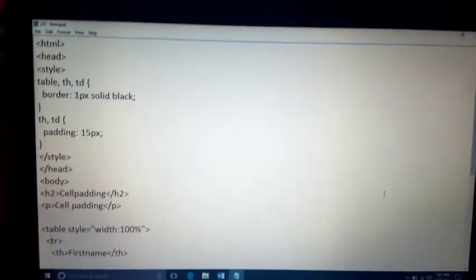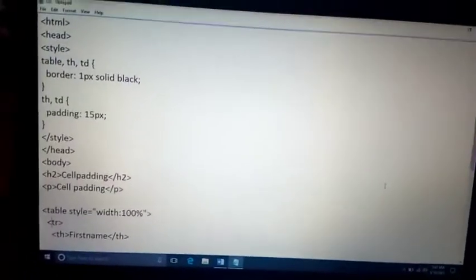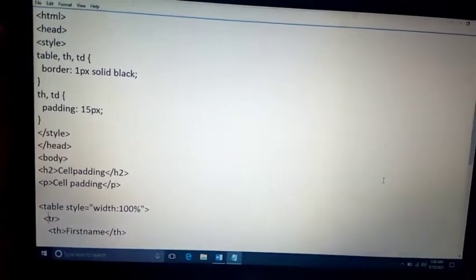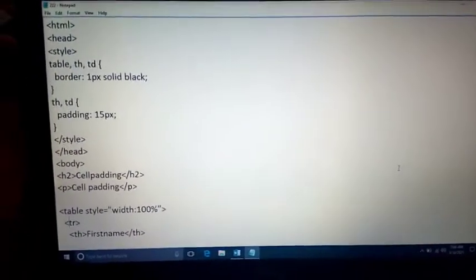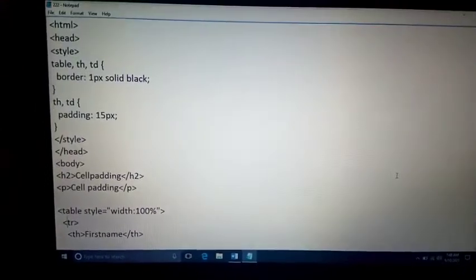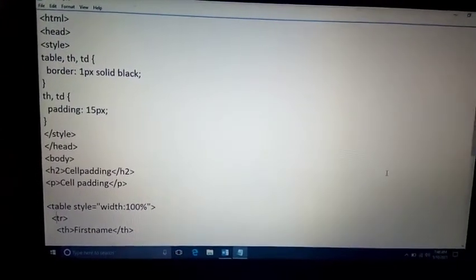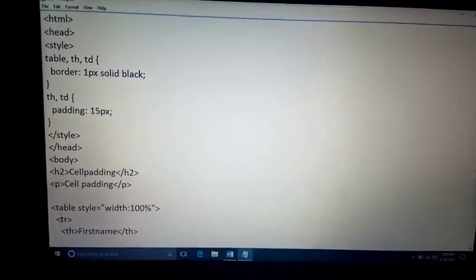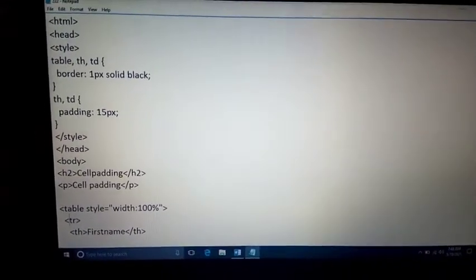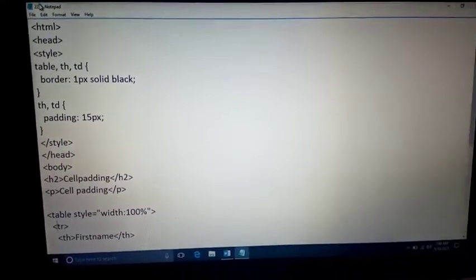In this video, we're gonna learn how we can make padding in our HTML table. Padding is a distance of content from your table lines, from your table border. So let's start. First of all, here you can see